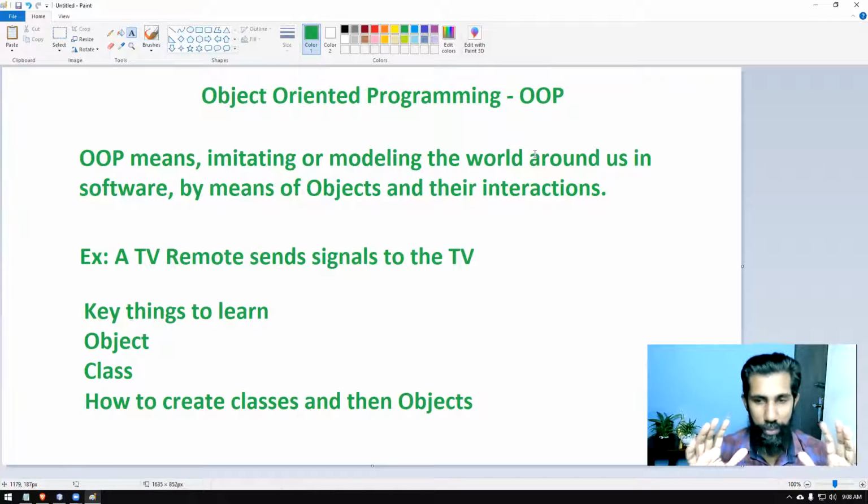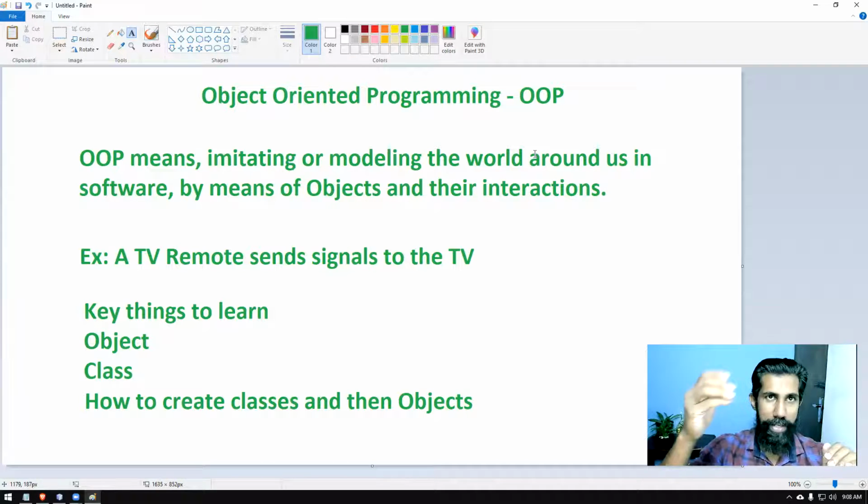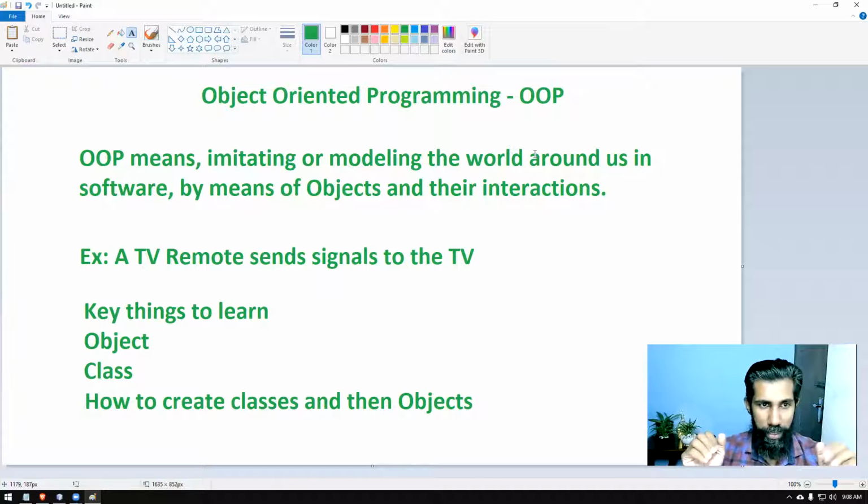So I hope you got a broad idea, or the overall picture, of what object oriented programming is going to be. Here I did not talk about any actions triggering or starting a program at a place and continuing something. I did not talk about any of those things. I was talking about just how things happen in the real world. That's the only thing I was speaking to you about.